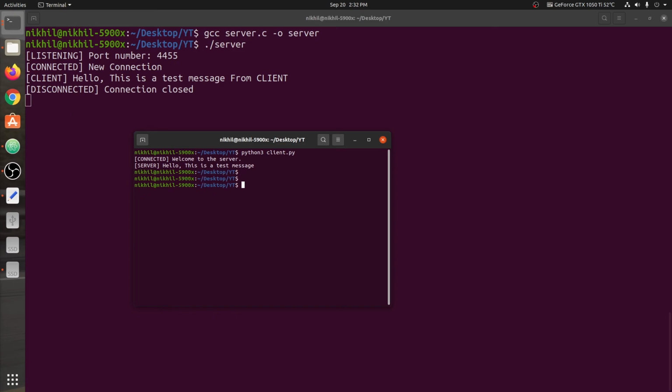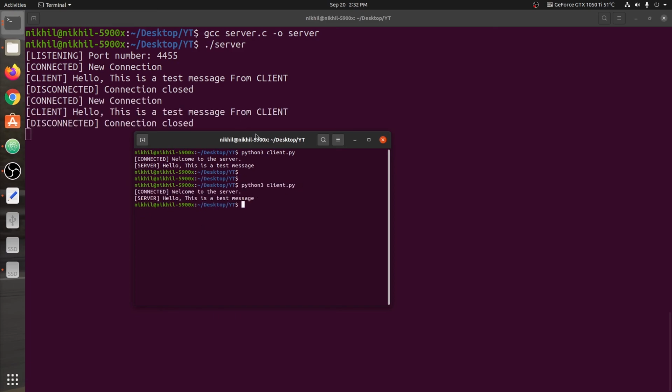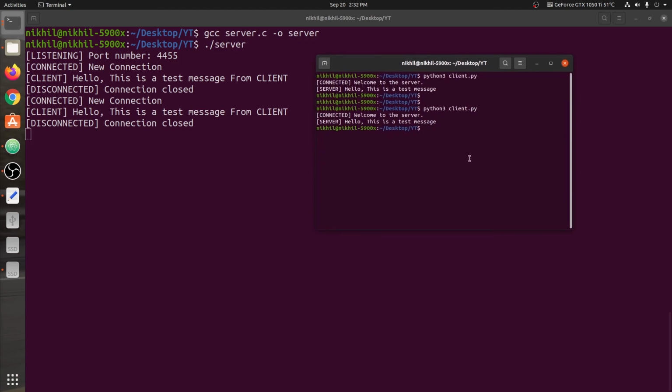Now you can connect the client again. So the same procedure would happen again and again. The same exchange of messages between the client and the server would take place. So now you can see how you can write these two programs in different programming languages. The server is written in C, the client is written in Python, and even with the difference in these programming languages, we are able to communicate. Both programs are able to communicate with each other and exchange messages.